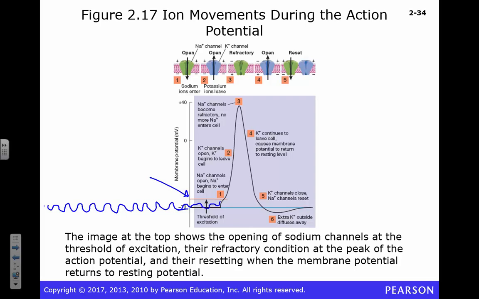Now, what is threshold of excitation? It's small. Is it the point of no return? The point of no return. We're really talking about a change in maybe 10 millivolts here, right? It's a small distance. Now, you don't want to be too far away. Think about the guy whose resting membrane potential and his threshold of excitation are 30 millivolts apart. You know what that guy did? He died. How did he die? Well, he didn't do anything at all. He probably never even started breathing, right? Because that's too far away for you to get that much excitation. Okay, so you want to be right there on the cusp.